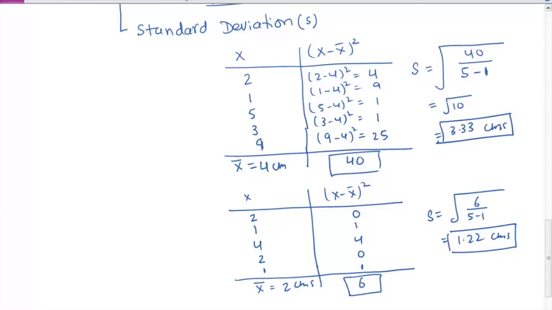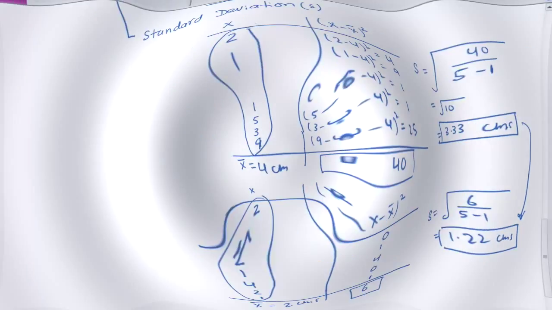You can see compared to this, it has come down, and that is very visible from the data also. Like you can see this is less variable compared to this data set. So standard deviation will be more when there is more variation in the data, more spread. It will be less when the variation is less.